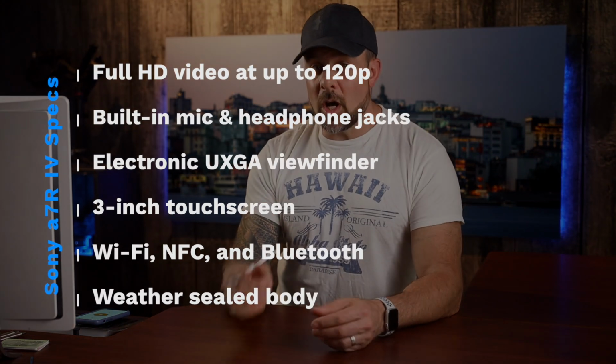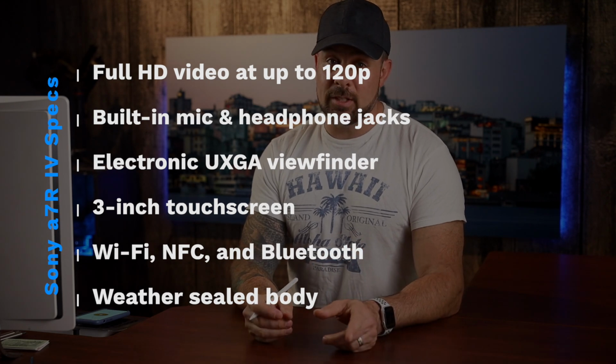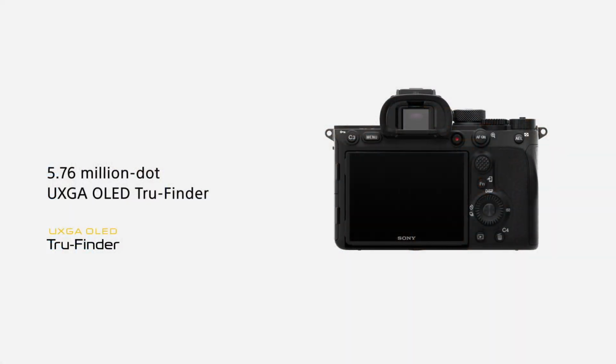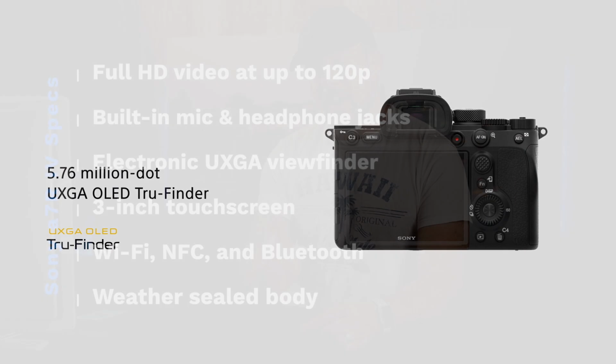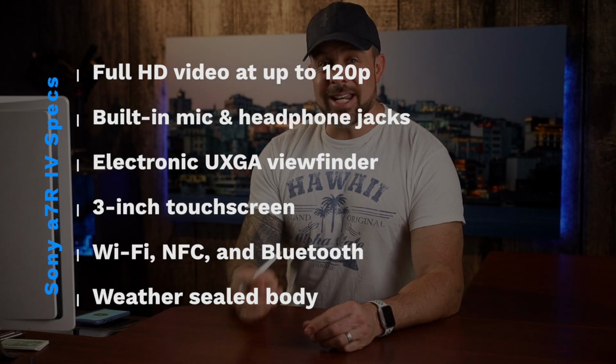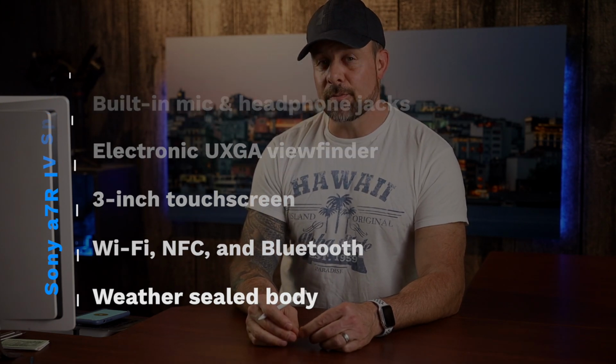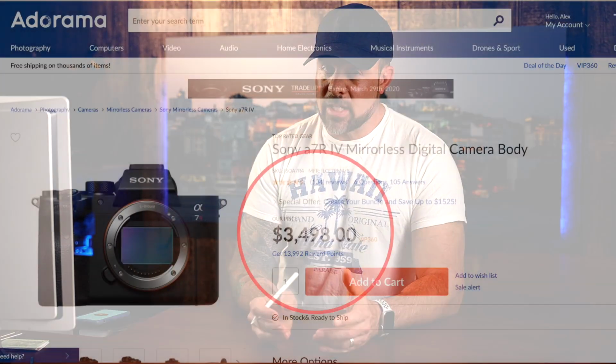Full HD video up to 120p. Built-in mic and headphone jacks. Electronic UXGA viewfinder with 5.67 million dots of resolution. 3-inch touchscreen, and that tilts and has 1.44 million dots of resolution. Wi-Fi, NFC, and Bluetooth. Weather sealed body. Price of this camera is currently at